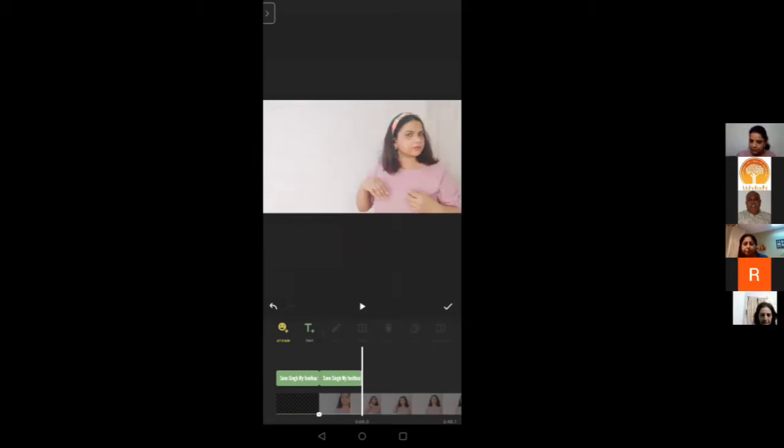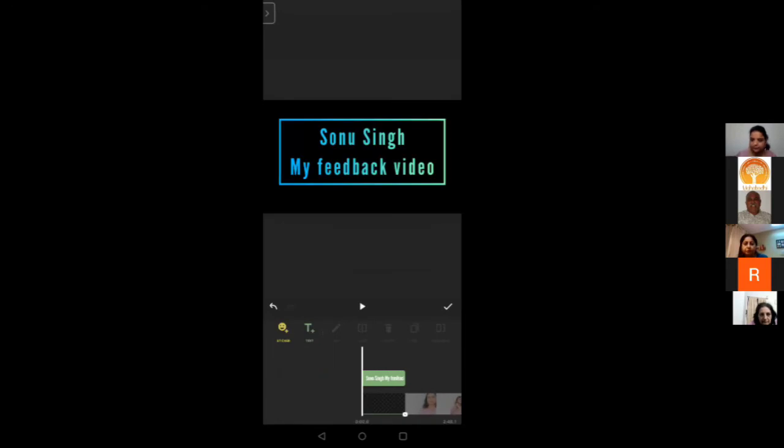So now I'll delete it. If you click duplicate on any writing, any sticker, any picture that you add, it will duplicate it as per the slides, as per the frame.